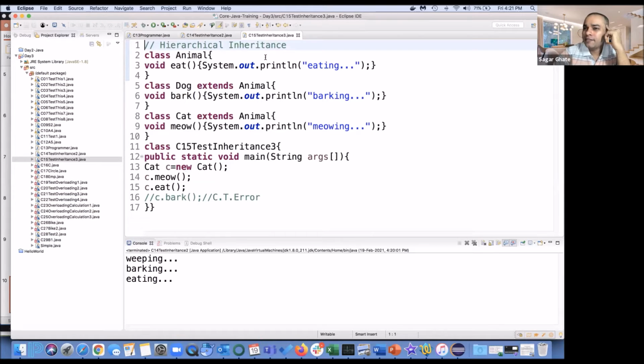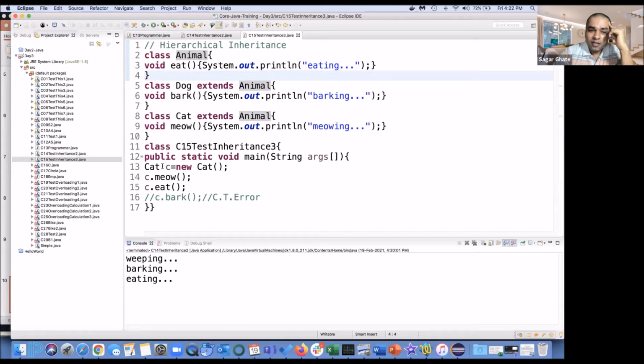Hierarchical inheritance. In our slide, we have seen inheritance, but for hierarchical inheritance, say suppose animal, dog, cat is there. So animal is going to eat, dog is going to bark, and cat is going to mew.